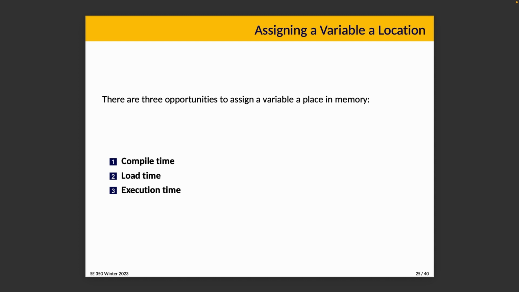And then there's load time, which is the IBM 360 solution. When the code is loaded into memory, we're going to update all of the addresses, and it requires the compiler to give some hints as to what numbers are intended as addresses and what should be updated when the program is loaded into memory. But the real answer is execution time. And again, I don't think that's surprising to you.